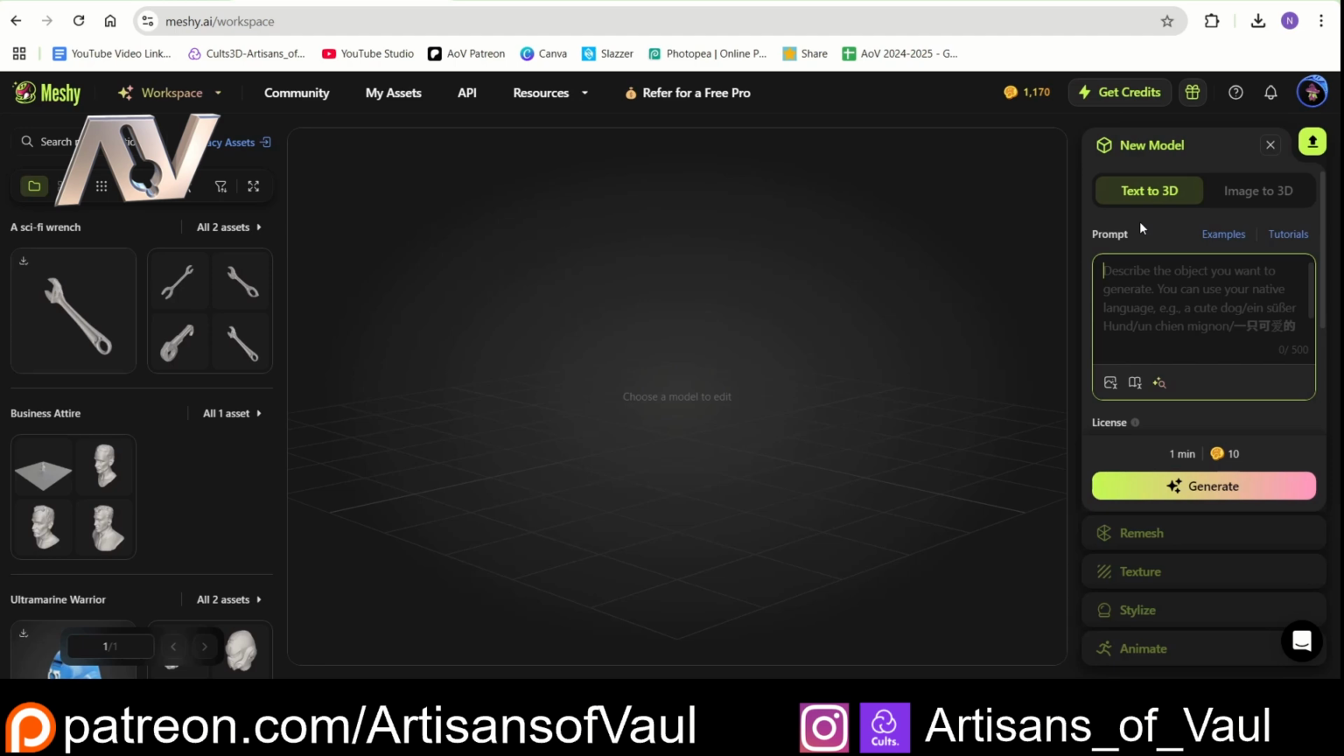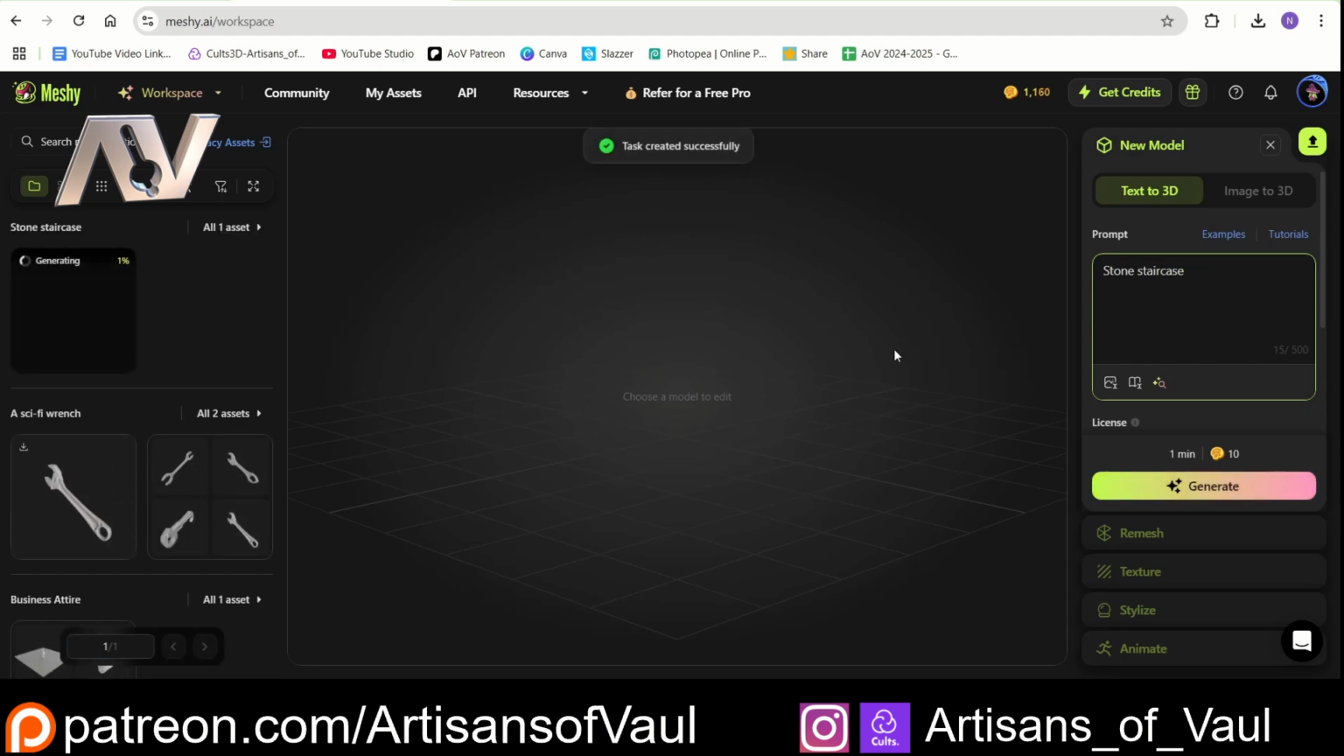So liking things for both sci-fi and fantasy, let's do a stone staircase. Click generate. And notice I haven't gone very detailed here in my description. I just wanted to give it a go and see what it will come up with. Now at this point it's just working through this and we get our percentage. And I've got the pro account, so this is being slightly faster, but I could set up loads of these, well 10 of these going at the same time if I want to,